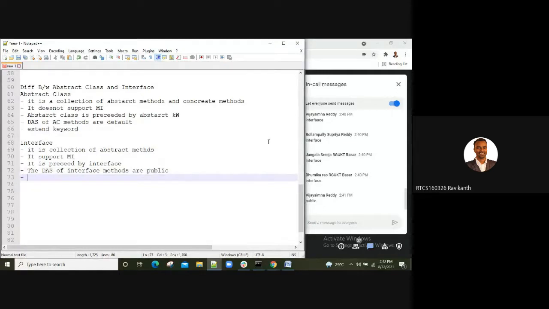Whereas in an interface, the implements keyword is used.